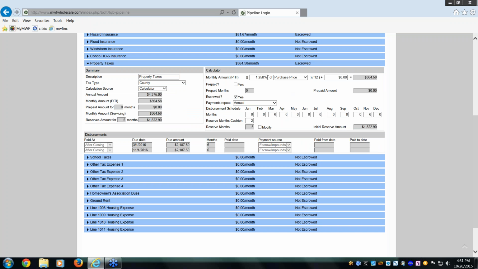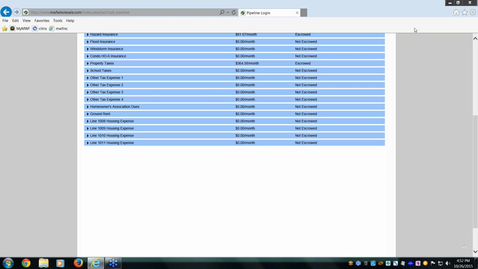We're going to start off at 1 1/4, which is a good estimate unless you know what that tax rate is going into them up front. Otherwise, if they're refinancing and you know on the prelim that it shows a different amount, feel free to X out this amount here and add in a dollar amount, which is dividing your annual or semi-annual tax bill by 12. So once you've completed those and looked them over, the only things that you're going to have to go in and change, typically, is